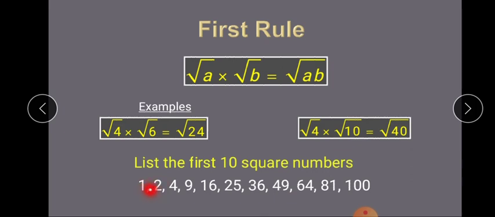So if I take the square root of perfect numbers, we will not get an irrational number. The answer will always be rational. Say for example root 49, the answer will be 7. Root 100, as 100 is a perfect square of which number? 10. So answer will be 10. Root 64, 64 is the perfect square of 8. So root 64 is equal to 8.